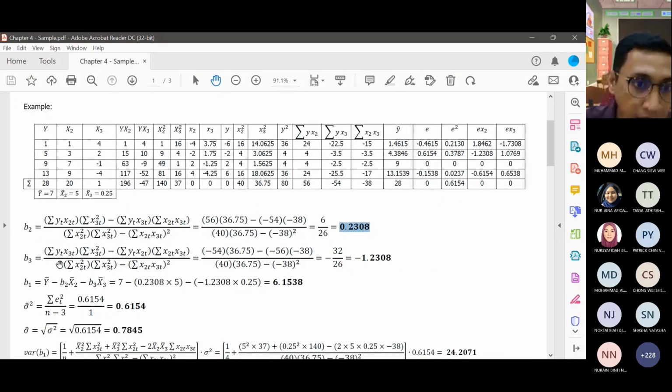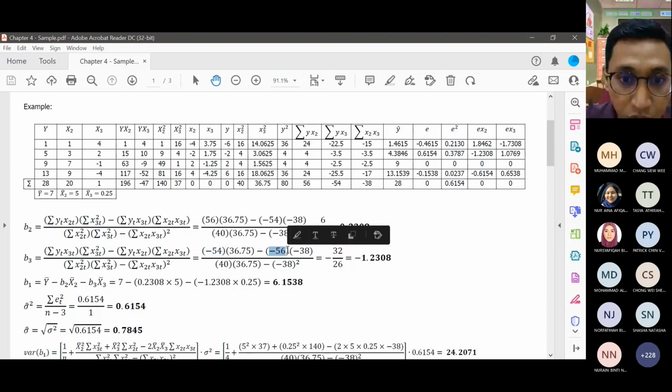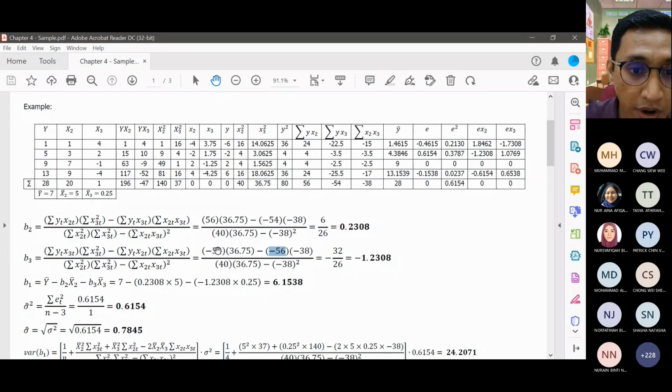We don't have to explain about the denominator because it is the same as before, 26. You don't have to waste your time recalculating it because it is the same. All that we have to do is to change the value for this and this. To change means to flip their value. We multiply 36.75 with 54 right now, which is the sum of y times x3, negative 54. And then here we have negative 56. It is the same as